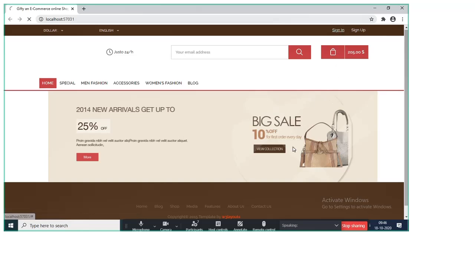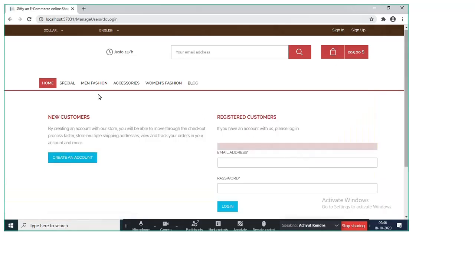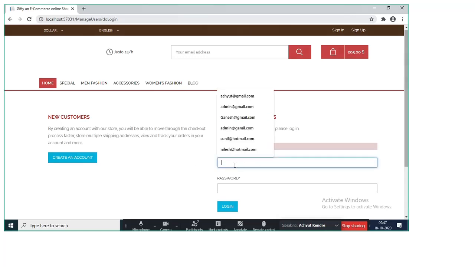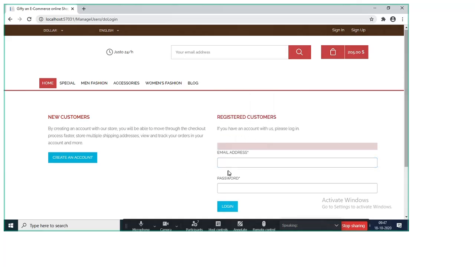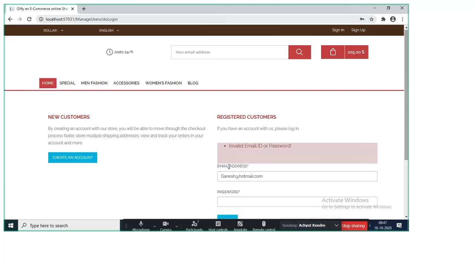Now I'll go to sign in here. Oh, sorry. Okay. Now in the sign in, we'll try to put ganesh@hotmail.com, I hope. Gmail or Hotmail? Hotmail. So if I put a wrong password here and say login,